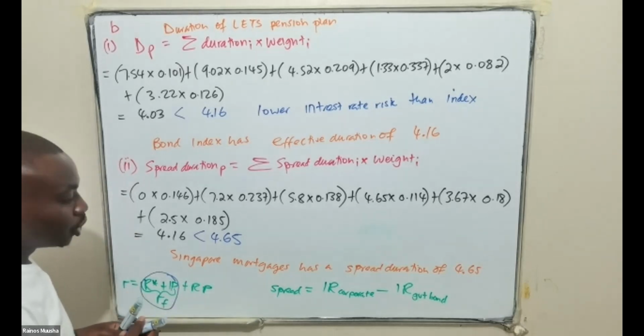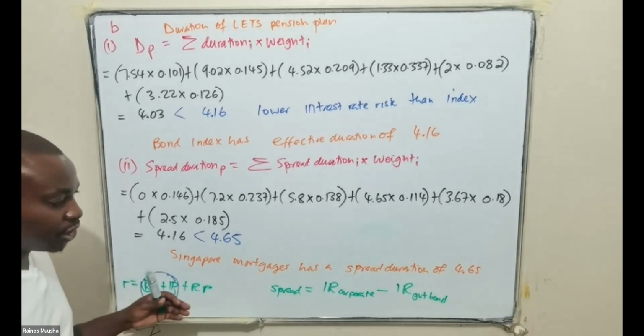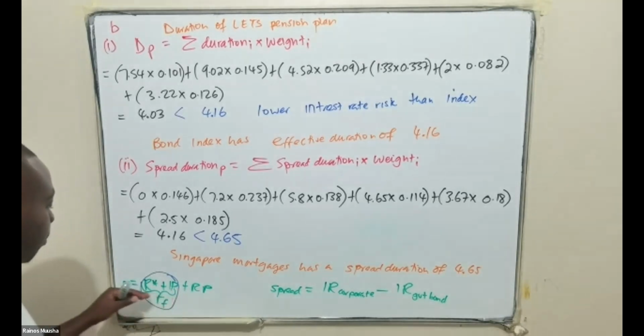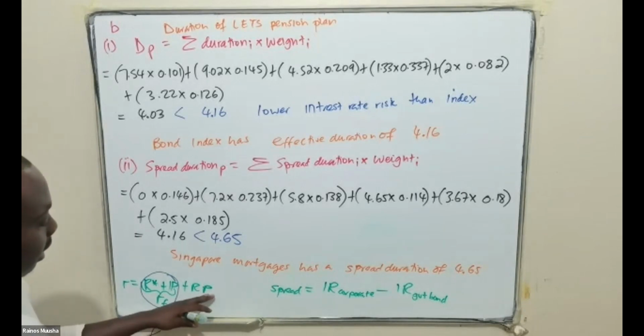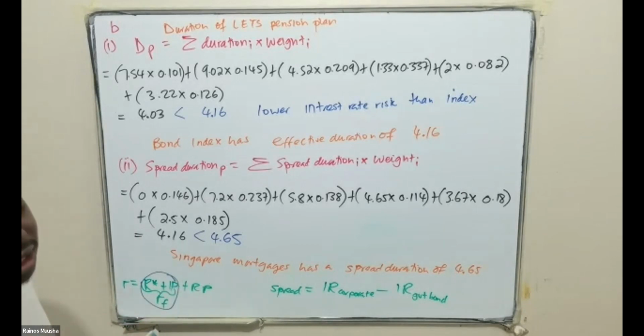So what does that mean? During periods of economic distress, corporate bonds are going to have a higher risk premium because there's more risk that they might end up failing to meet their obligations. When the economy goes through economic distress, there's a higher chance that they might fail to meet their interest obligation, or fail to meet their principal repayment obligations as well.